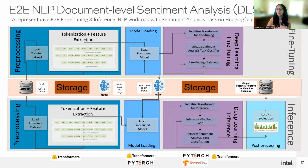And then we do something called fine tuning, because training a model from scratch can take days. Not only that, it can take an enormous amount of energy and compute power, right? To the point where you could fly intercontinental flights with the amount of energy you would be spending. So a lot of people do this concept called fine tuning or transfer learning, where you take a pre-trained model and then you change a few layers for your specific, different or related task. In this case, it's a masked language model we are applying for sentiment analysis. And then we fine tune it on that particular data set and then use it for the pipeline below,